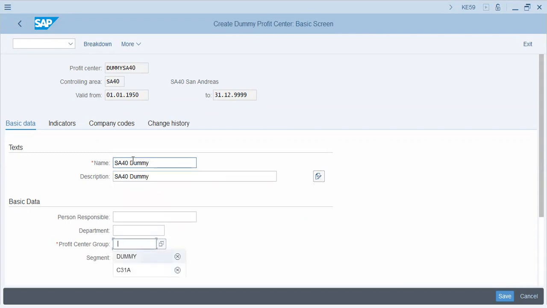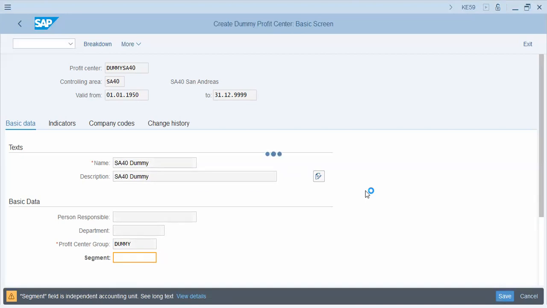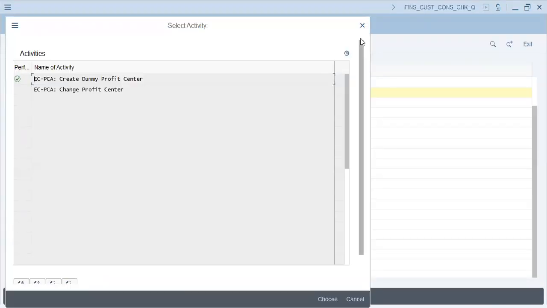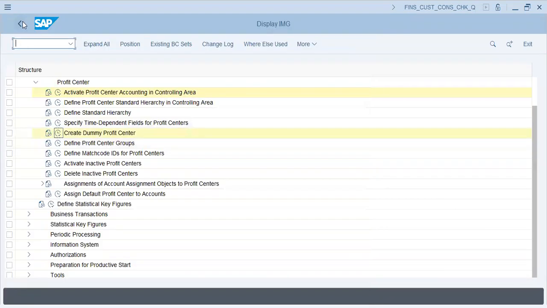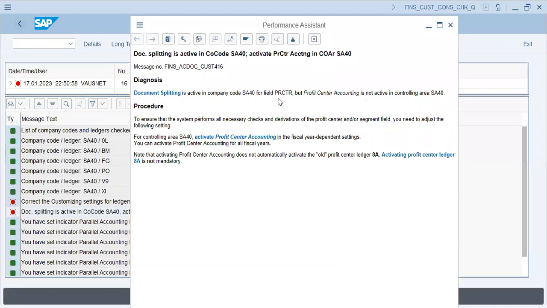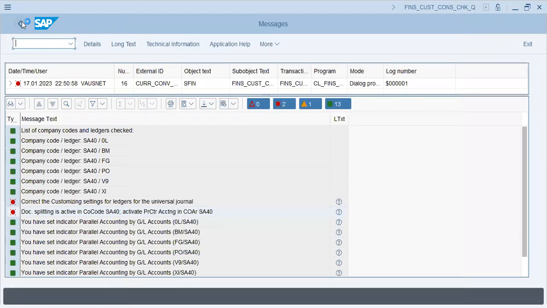Profit center group. Dummy. Segment, I can give you a segment, but we haven't defined it. Save. This is again a front-end activity, so no customizing request. Okay. We are done. Now we go back to the